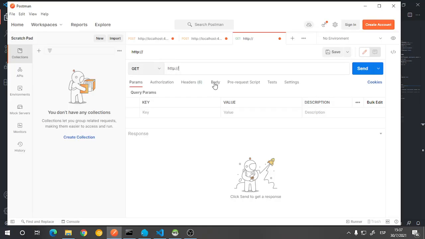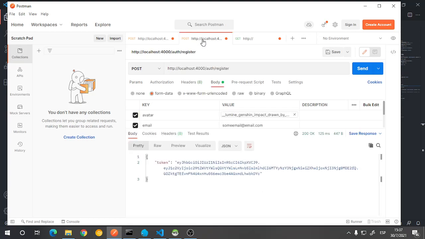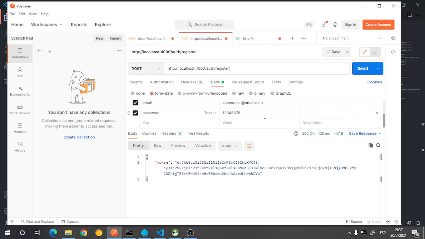Let me just go back to Postman. This is just testing, to make sure that we are working correctly. I have this Lumin Genshin Impact for my avatar. I have my email. Let's change this to someone email, and I have my password. So if I go back